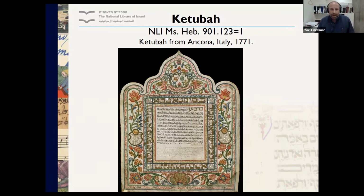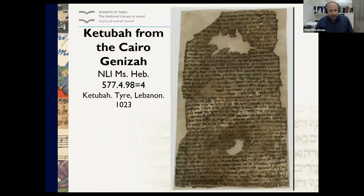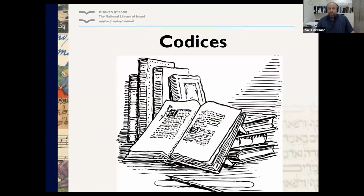But once it becomes a ritual item, much as the old technology of a scroll was once simply the way of copying information, it becomes a ritual object when there are alternatives. So here, once the document of the ketubah starts drifting in the direction of legally being less significant, and once the features of romance and love become more important culturally, then it becomes decorated. So we have scrolls, we have single page documents, letters and legal documents and ketubot, and we also have